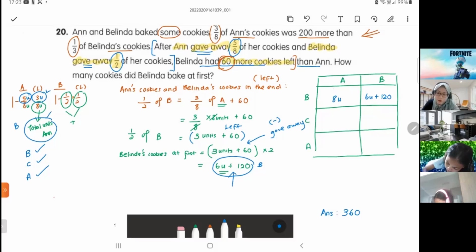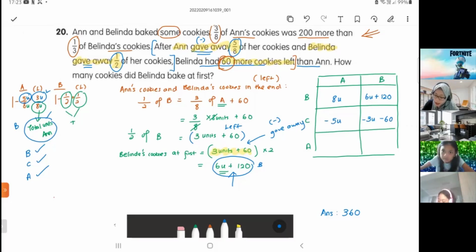Then N gave away 5 unit. When I say gave away means minus. Okay, so minus 5 unit. Belinda gave away this one, right? 3 unit plus 100. I told you already, right? When I gave away means I must minus 3 unit minus 60. Because it gave away, so you must minus and minus. Okay? And then,